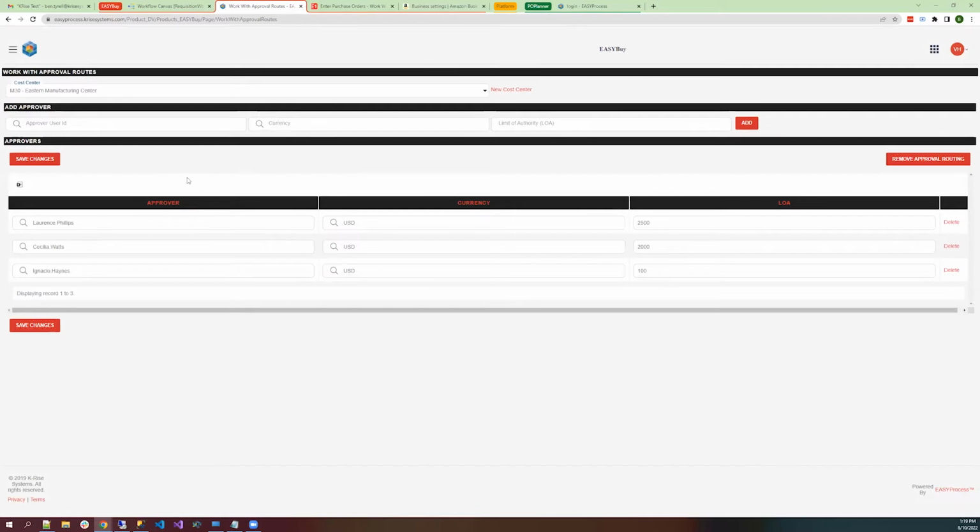different levels of approvers. So these are all users in the system here, and these are the currencies that are associated with them. And then we have a limit of authority here. This is just the amount of money that's needed to go to these users. So for instance, if the requisition is under 100, it'll only go to the first level. If it's over 100, it'll go to 1 and 2. If it's over the second level, it'll go to 1, 2, and 3, and so on. And then anything above the third level also just goes to all 3 users. And so this is where buyers could go in and edit these approval routings.